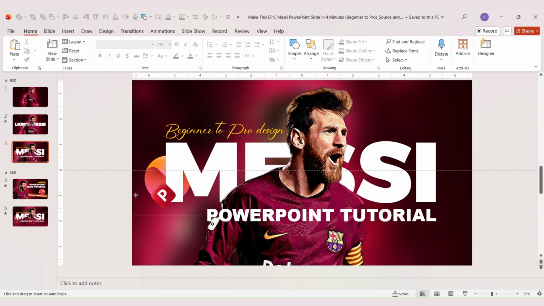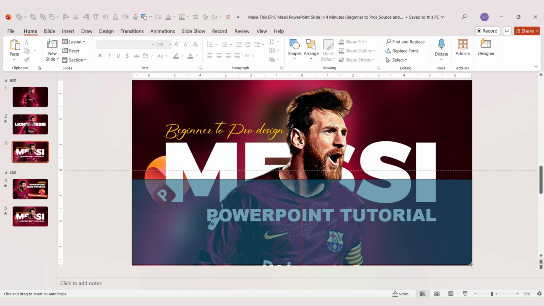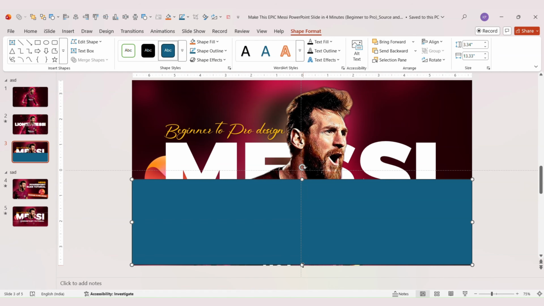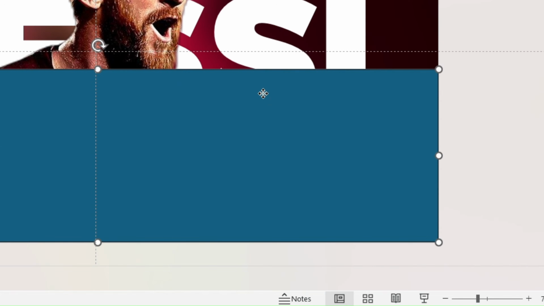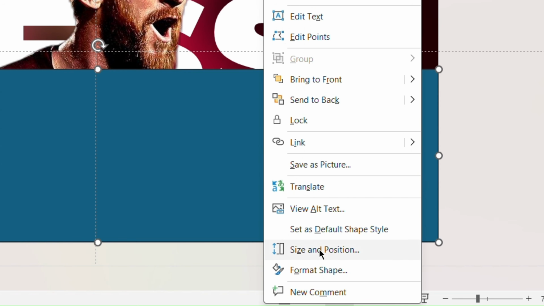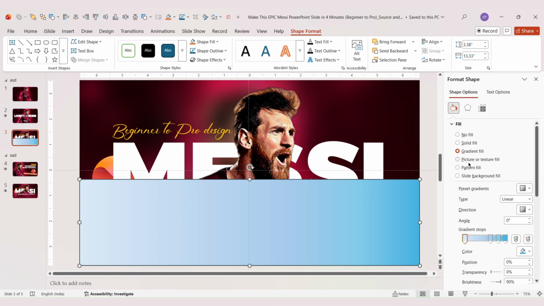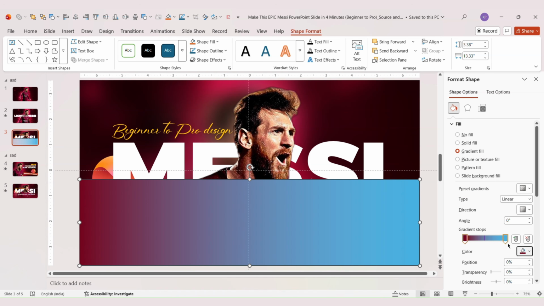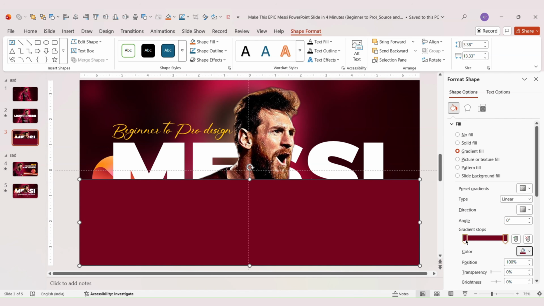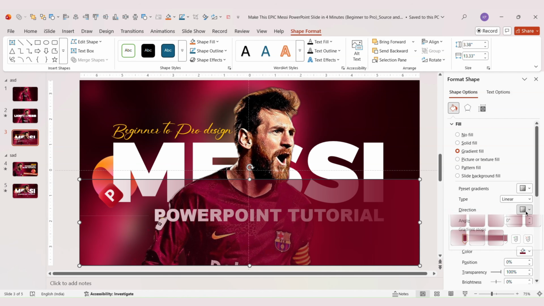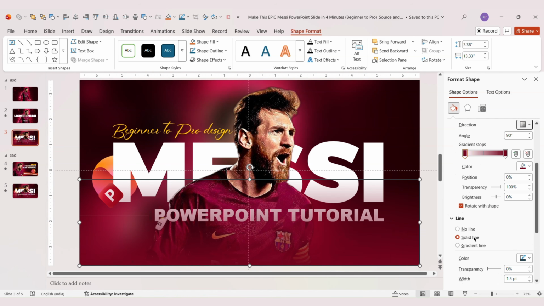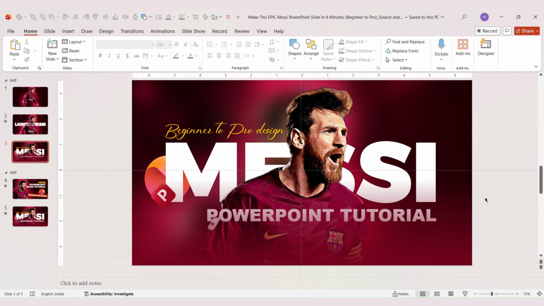Now let's create a rectangle here. Now right click on the rectangle and you can go to format shape. Now let's click on gradient fill. Now you can delete these points by dragging them outside like this, and you can change the color. Change this one as well. Let's adjust the transparency to 100% for this one and adjust the direction as well. Now let's remove the line like that. Now let's bring these two to the front